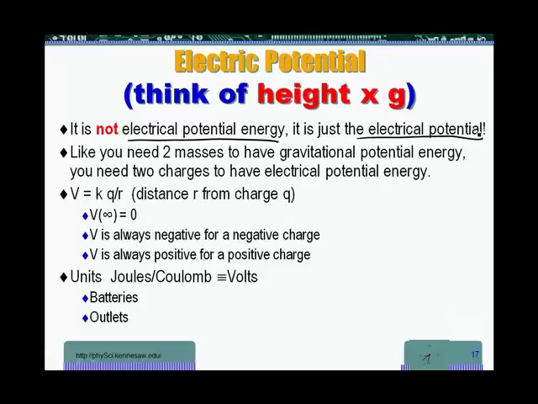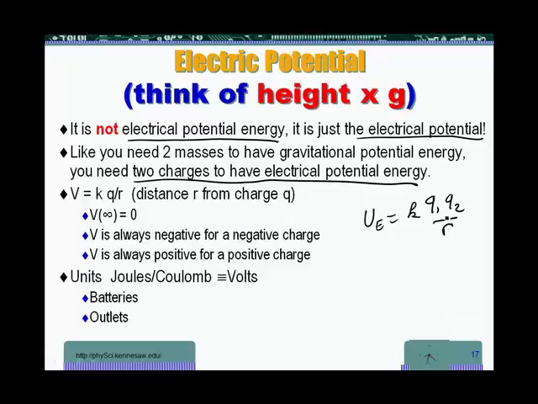The main difference is, for electrical potential energy, we need two charges. For electrical potential, we need just one charge. Very much like for an electrical force, we need two charges, but for an electrical field, it's enough to have a charge. We have an electrical field due to one charge. Here it's the same thing. To have an electrical potential energy, we need two charges. And remember, the expression for electrical potential energy is K Q1 Q2 over R, where R is the separation of